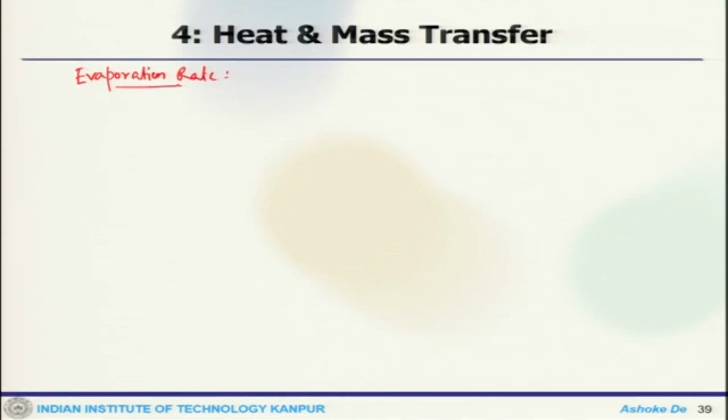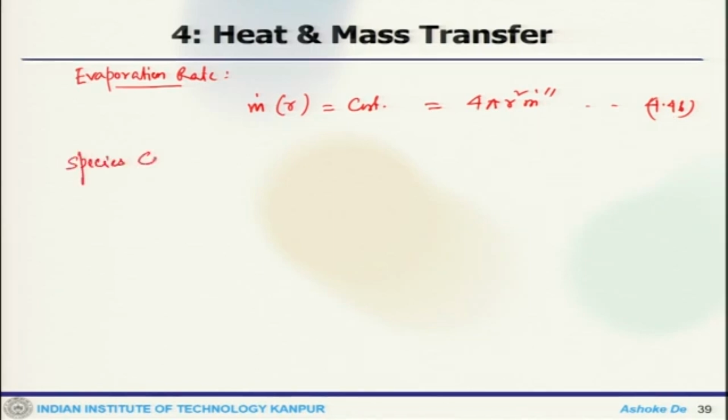Okay. It will be similar to the Stefan problem except for a change in coordinate system. So, overall mass conservation will give us m dot r equals a constant, equals 4 pi r squared m dot. So, that is my mass conservation. Then the species conservation